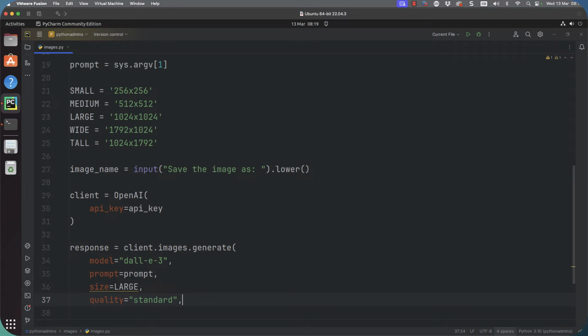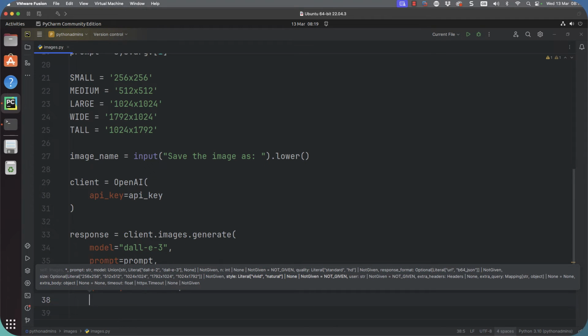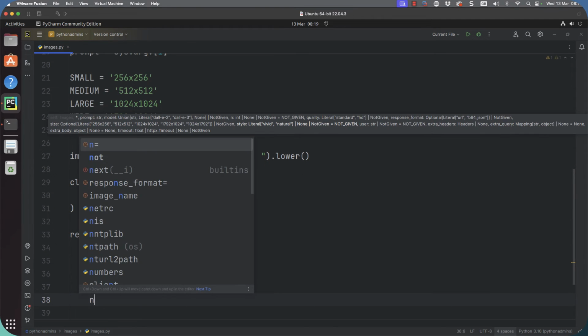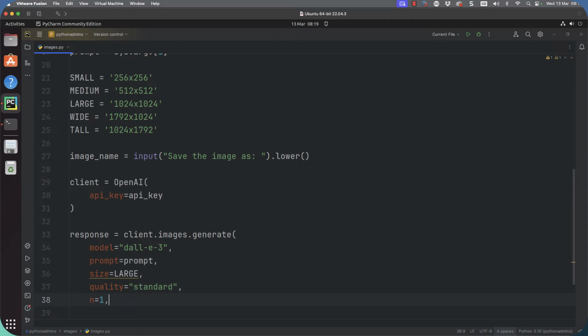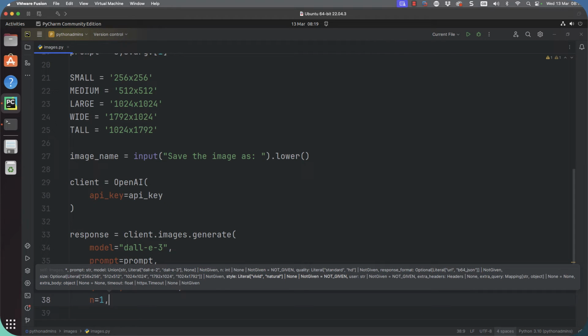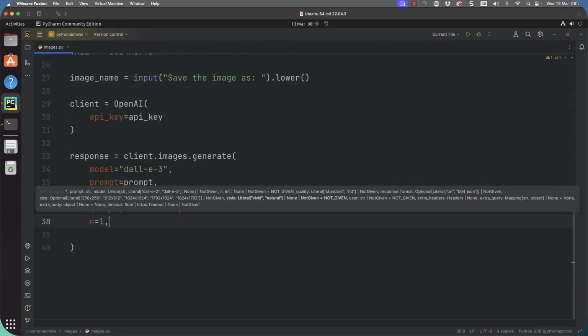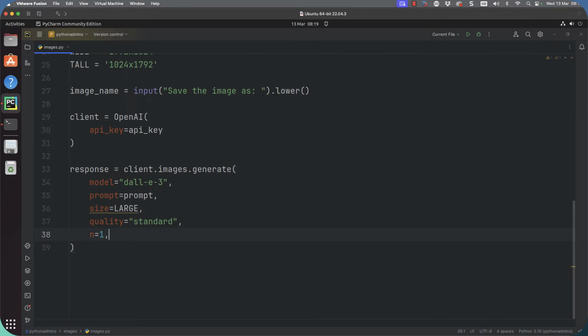And we can also say, how many images do I want? Obviously, I only really want one, but if I just get one, it might not be really the image that I want. So we could get maybe 2 images or 6 images. But bear in mind, there's going to be a cost even if you don't use the images. So be cautious on that.